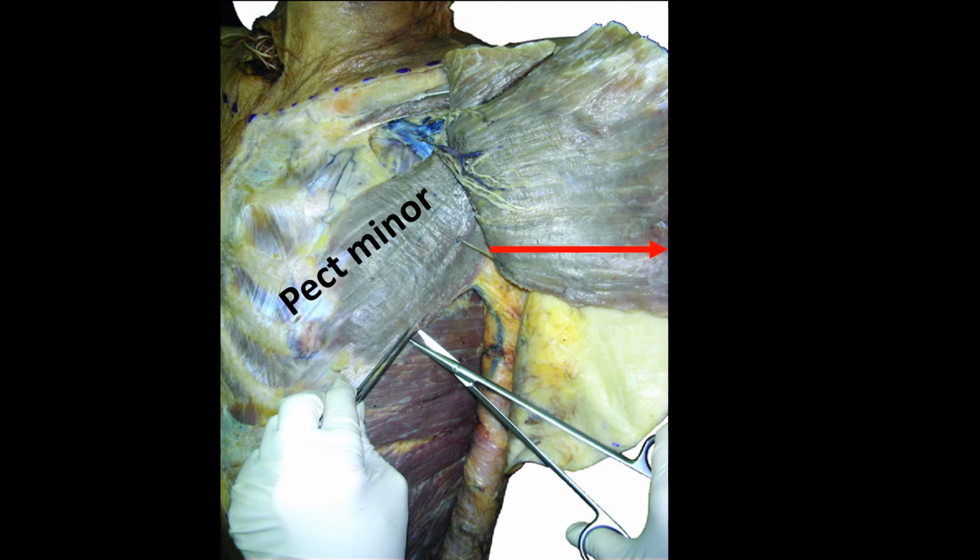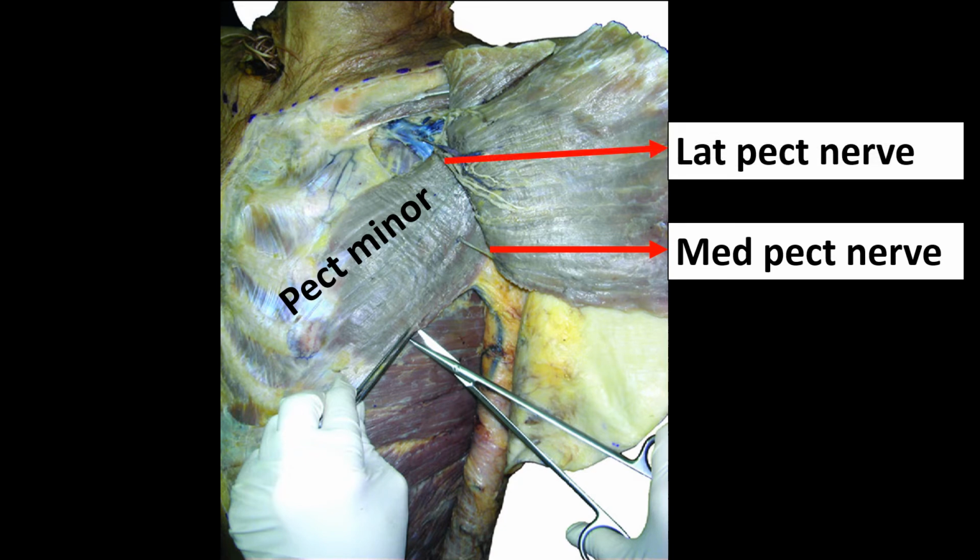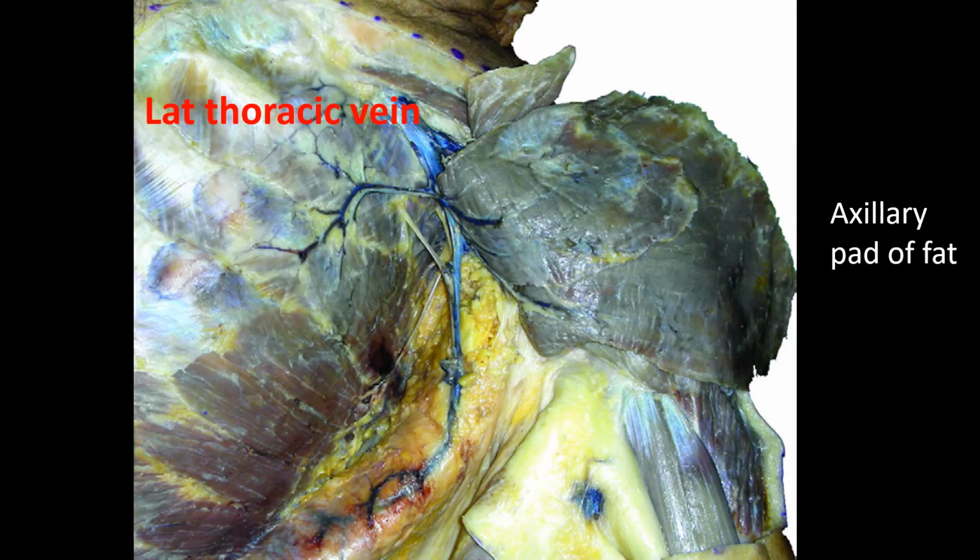And here you can identify the medial pectoral, and this is the lateral pectoral nerve. Now after separating the pectoralis minor at the origin, from the third, fourth, fifth ribs, we have to separate the pectoralis minor and reflect it upwards and laterally. Then what we can see underneath it is the veins and also